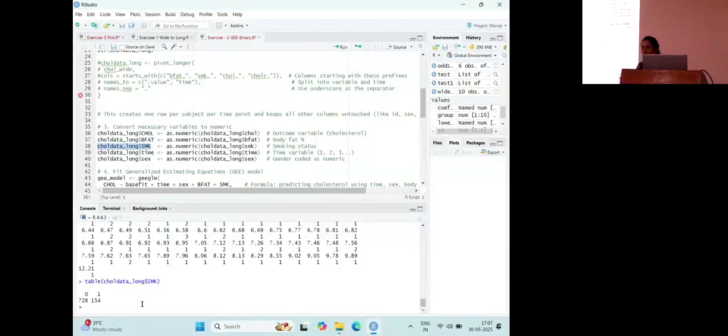Zero one, it's a two level only. Okay, we can use it as numeric as well as factor. But